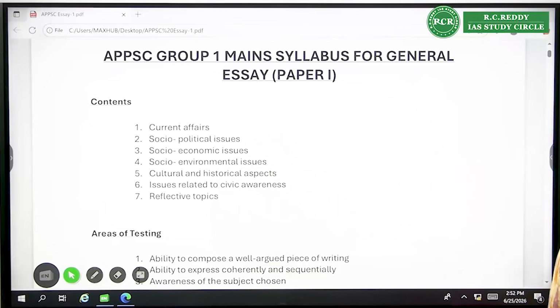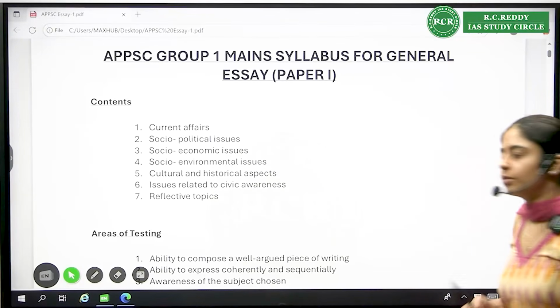So if there is a topic about artificial intelligence and you don't exactly know what it is, your knowledge is just ChatGPT. Okay, there's something called ChatGPT. That's not knowledge about artificial intelligence. What is artificial intelligence? What are the models of artificial intelligence? What are the different application areas? How does artificial intelligence work? What are the challenges related to artificial intelligence? What is the way forward? If you don't have knowledge about it, don't pick that topic.